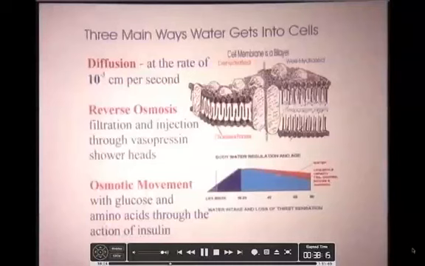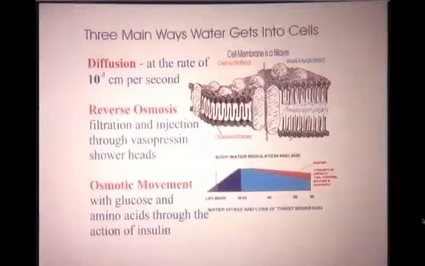There are three major ways of delivering water into the cells. One is by diffusion at the rate of 10 to the power of -3 centimeters per second. The water goes through the cell membrane, gets into this moat area, and then eventually inside. When there isn't enough water in the body, because the human body has a lot of water. Let us get something clear. We have a lot of water in our body. We are talking about free water to perform new functions. Whatever water that we have in the body is already engaged in a physiological function.